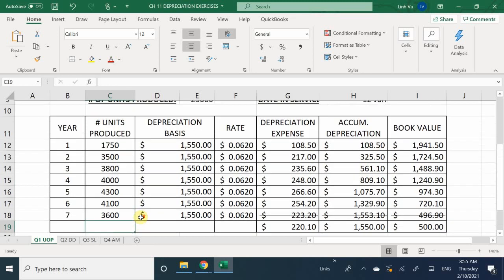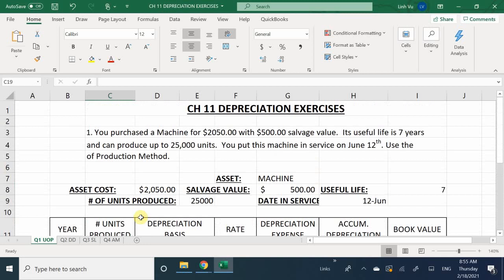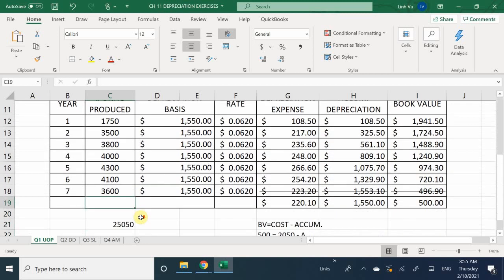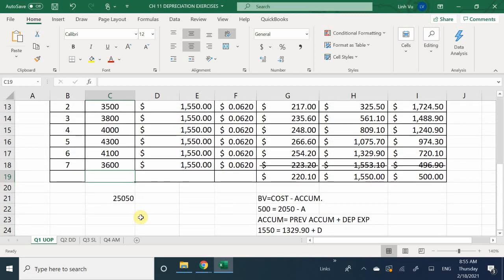What's my capacity? 25,000. So how many units did I actually go over? 50. You went over by 50 units. So because I went over by 50 units, I can assume that